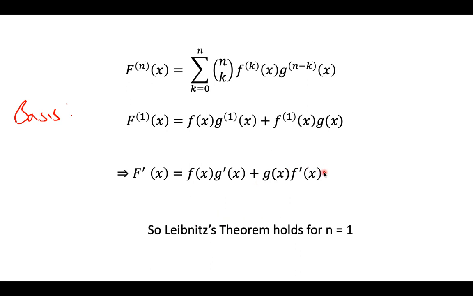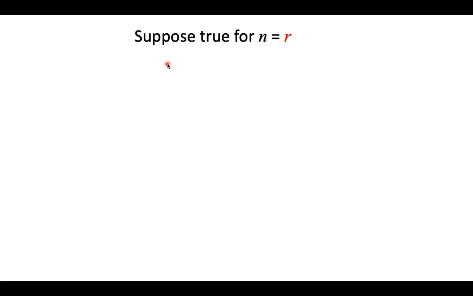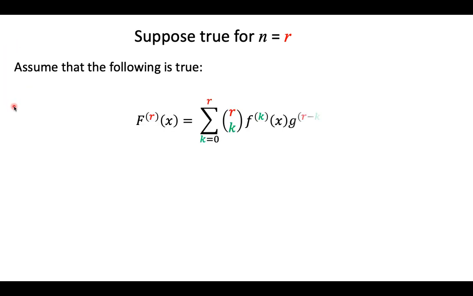Okay, and this rule we haven't proven, but we're going to assume for the purposes of moving forward that the product rule holds. And therefore this is true for the case n equals 1, and our basis is covered. Now we're going to suppose it's true for n equals r. Okay, so what does that mean? So we're going to assume the following is true,